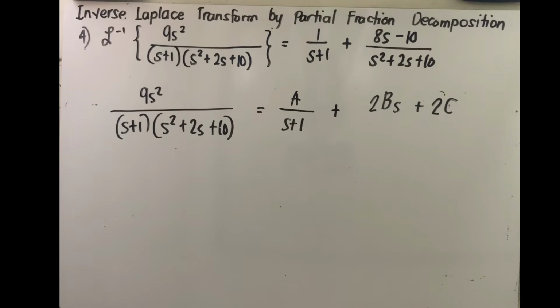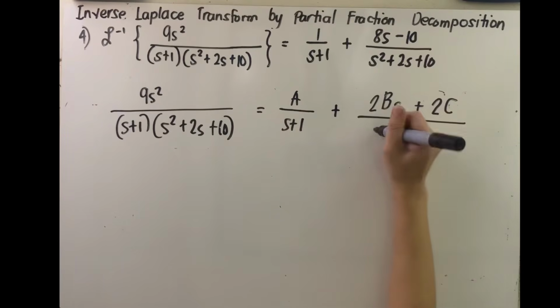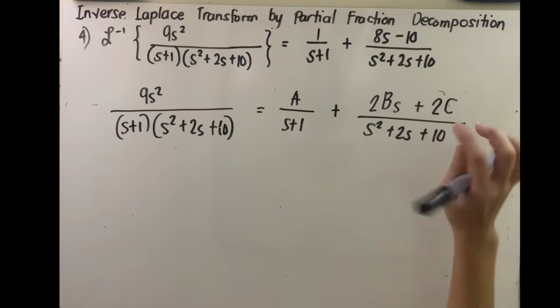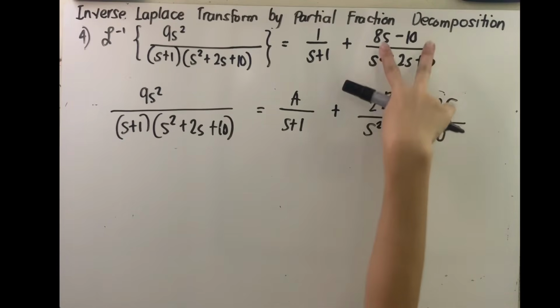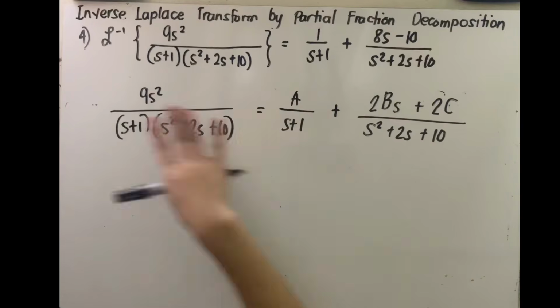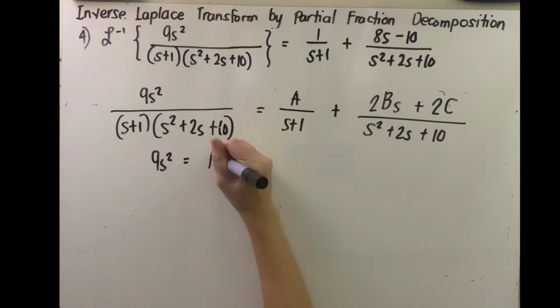Okay, kasi baka doon kayo nasanay, doon sa ginagawa natin sa integral, sa partial fraction decomposition. So, pwede pa rin yun dito sa Laplace transform. Yun pa rin ang denominator, s squared plus 2s plus 10. And then, I will show you na, kahit ito yung gamitin mo, ito pa rin yung lalabas na partial fraction niya. Okay? So, multiplying both sides by the denominator, you'll get 9s squared on the left side equal to A